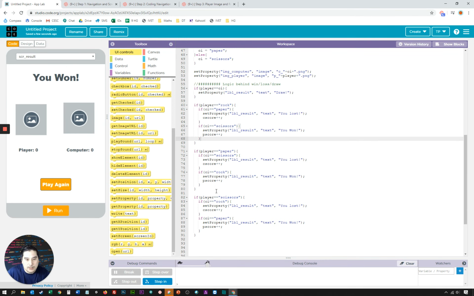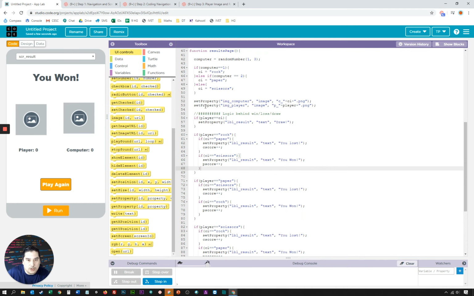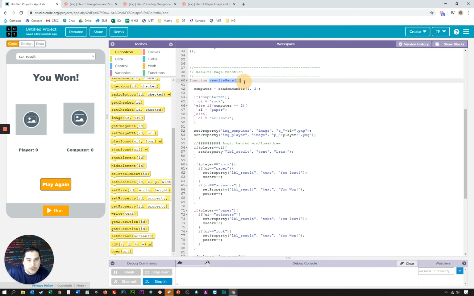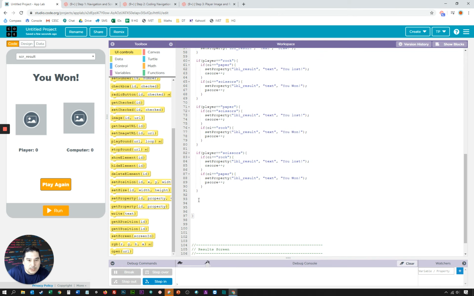So we need to copy at the very end. So at the very end of this results function, we've got all this stuff happening. And then after you've done all that processing, we need to set the label. Set both labels. So the LBL player score, we need to update the labels. And the LBL computer score, we're setting the text for both of those objects to,